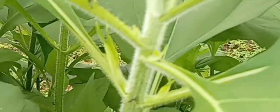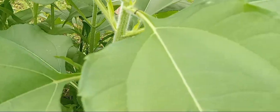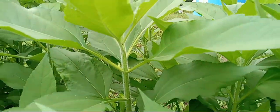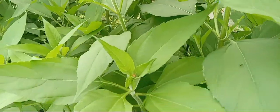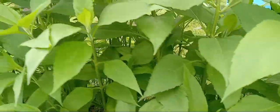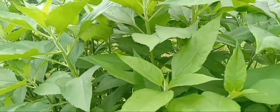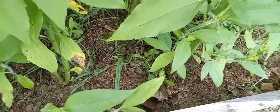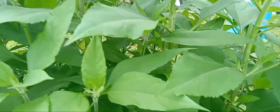I don't know if that's going to focus, but ants like to crawl on the Jerusalem artichoke. I don't know if you can see those in there or not. But ants like to crawl on the Jerusalem artichoke. They don't seem to do much damage at all. So these Jerusalem artichokes that I'm showing you are as tall as I am. This half over here, I added less compost in this bed, this half, than I did in this half, and these are about, well, they're over a foot taller